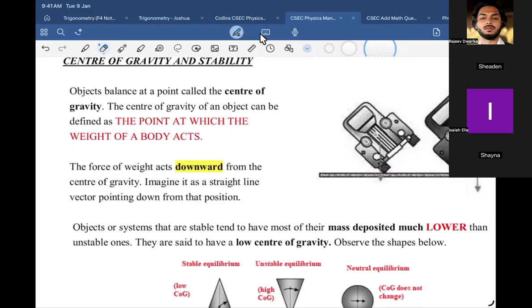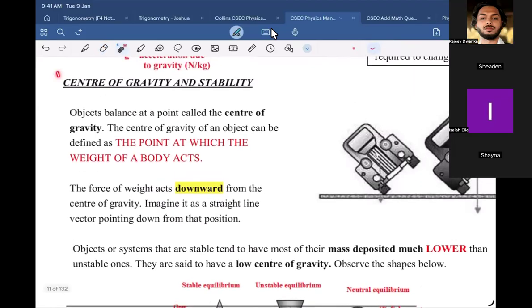Let me go through some logical things again. If you want to hold up something, you have to hold up the weight of the object. So if you're balancing your pencil on your finger, then you are holding up the entire weight of the pencil. So you see in red there, the point at which the weight of a body acts. That's the center of gravity. So when you find the center of gravity, that is where all the weight of the pencil is acting, and once you support it, it would stay up. It would stay in equilibrium. So I would like you all to copy down this note over here.